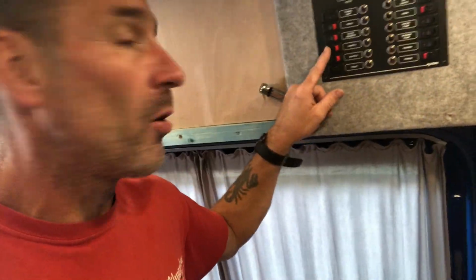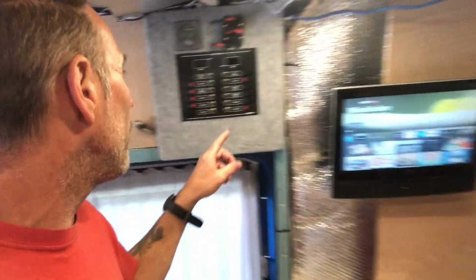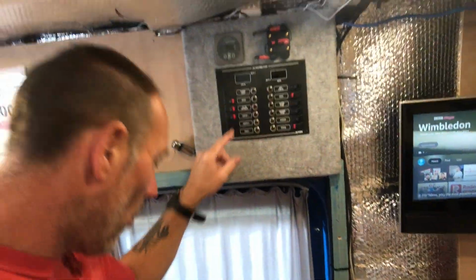All I've done is I put the 6 lights there. I've put them on a switch because strangely all these work on one frequency. Is it 333 Hertz? So if I turn these lights on, the bedroom lights come on as well. So I've put them on a separate switch. I've got lights for one, which are these, and lights 2. And then all I've got to do is I can control the lights from here,